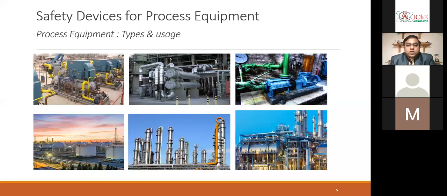Okay, I'll tell you. The yellow color generally corresponds to hydrocarbons. So whichever line has hydrocarbon flowing through it is colored yellow, and green is generally for water. So the moment you see an equipment connected with green lines, you will know that it's water going through it, and yellow means hydrocarbon. So this color coding is also very important to classify the equipment's safety. Okay, so some simple things also contribute to the safety of the plant.